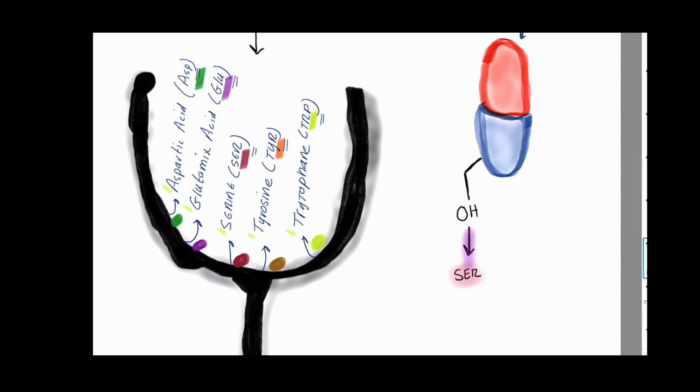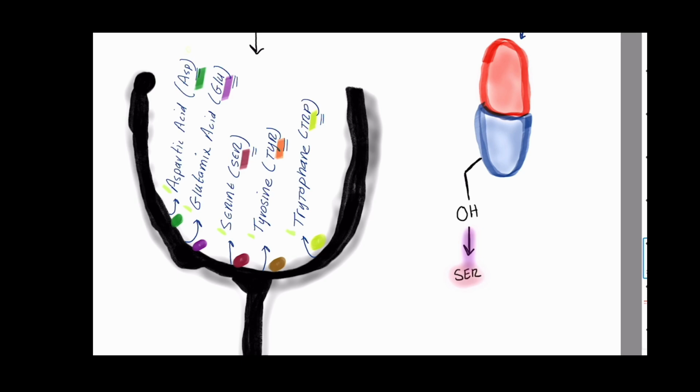Somehow it is going to interact with that pocket and act as a lock and key. So once the hydroxyl group interacts with the serine group, it is going to be a lock and key relationship, and now that drug is going to be able to either activate or inactivate the ligand pocket associated with one of the